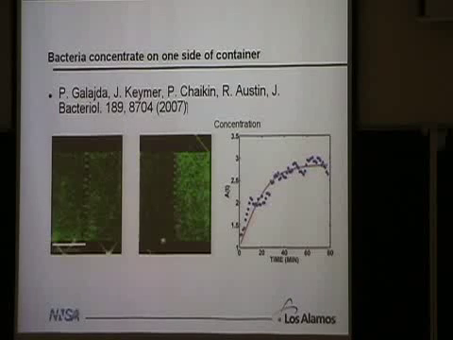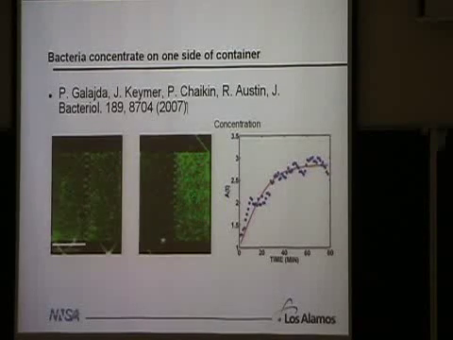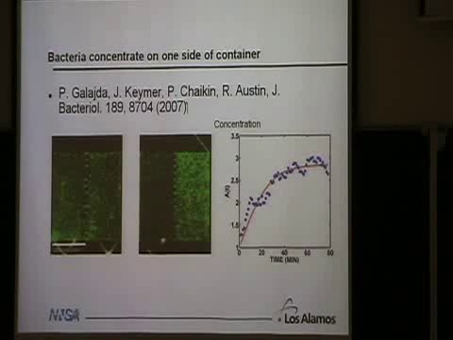Except, this is sort of like the air analogy. You would think, well, that's the argument I made for the air all going to one side of the room, but it doesn't happen. What happens if it's bacteria? Well, what they did is they put fluorescing E. coli into the system and started it out with uniform density, and then over time, they waited, and this is something like 30 minutes, I believe. They saw that the bacteria all concentrated on one side of the container. In fact, here's the ratio of the density of bacteria on this side to that side. You can see as a function of time, it just goes up and then sort of saturates. So somehow, the bacteria are all rushing to one side of the room, and that doesn't seem to make sense.